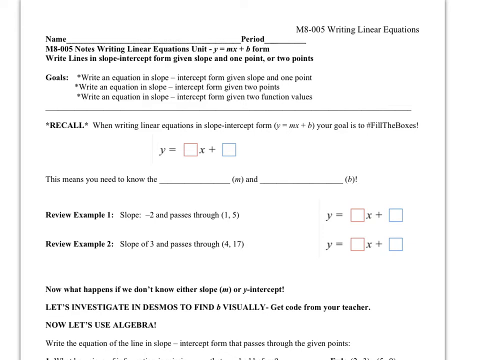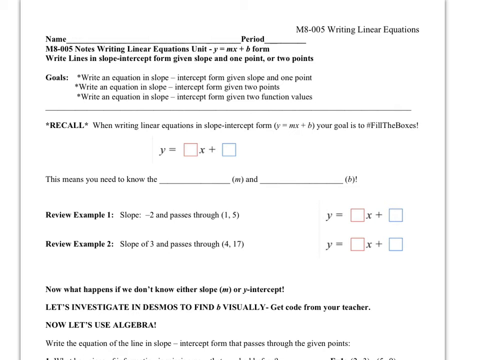So lately we've been working on writing linear equations in slope-intercept form with various information. Today we're going to work on writing linear equations when we have 2 points, but neither of those points is the y-intercept. So let's remember that when we're writing linear equations in slope-intercept form, we need 2 key pieces of